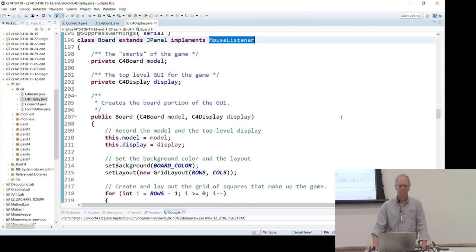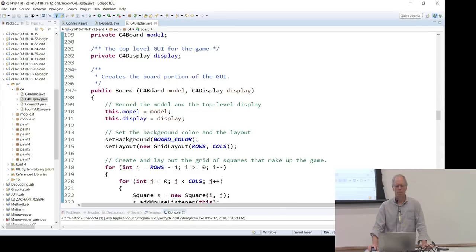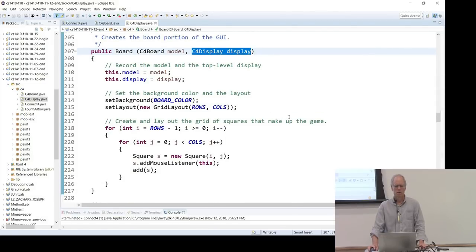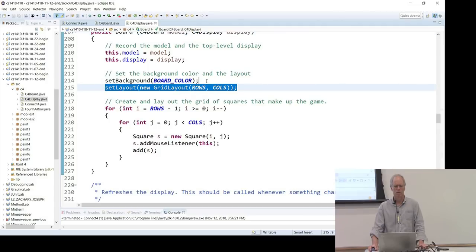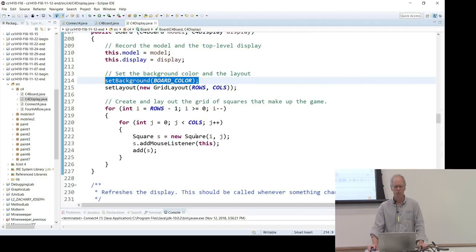Okay? When we create the board, we pass in a model object, that's the smarts, and the display. So we record them away. We set a layout, we set a background color, and we create a whole bunch of square objects and add them